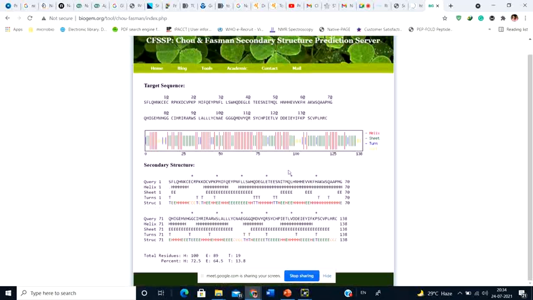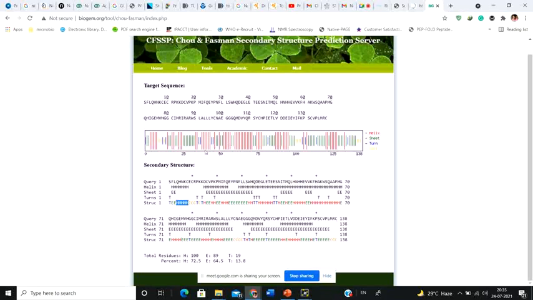Okay, in this particular case, when I upload the structure, it says that the S is going to have a turn, whereas the F is going to have a structure called E. So this particular domain is going to have a structure like helix, whereas this particular FLE might have a structure called beta sheet. But it is pretty sure that this QFNK structure is going to have a helix-like structure. I can also incorporate this information here.